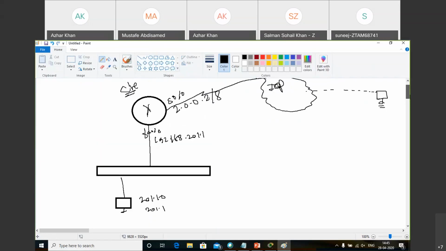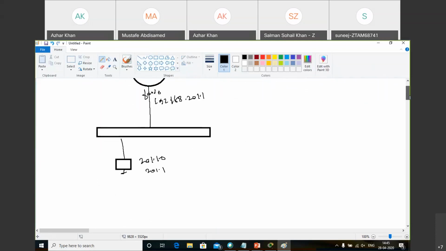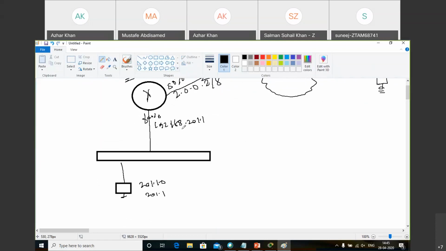This is virtually through the IP address, we can access and log in to the router. For example, this is the 201.1 router, but in an organization there is not only one person accessing the router. There are so many members, which means there is a team of network engineers. So to manage the network, there is one engineer, L2 engineers and L3 engineers, different